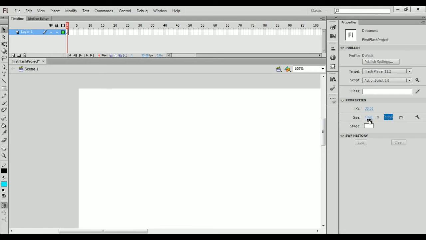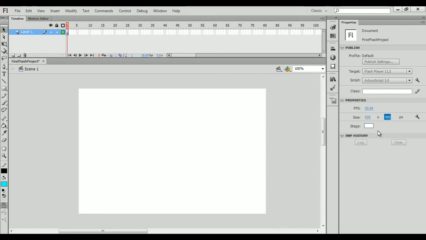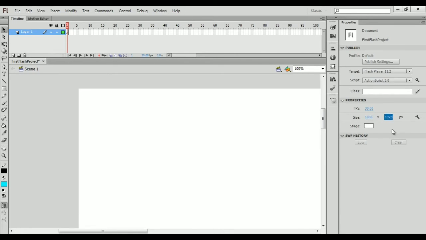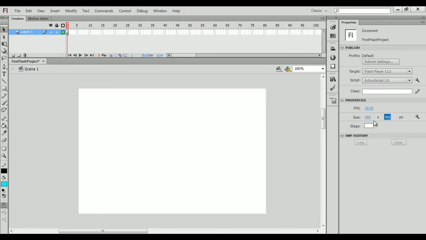So that is the resolution of HD videos, right? If I am targeting for web, then I say here 600 by 400. You can see that stage width and height is getting changed here, right? If I am targeting for mobile, then I may write here the width of 1080 and the height I will set here 1920. Understanding? So we are going to change the width and height depending upon the target device screen resolution. Here I am going to say 600 by 400. So that is for web.